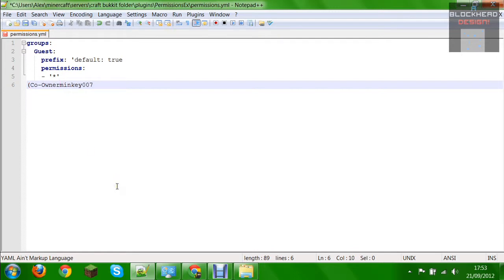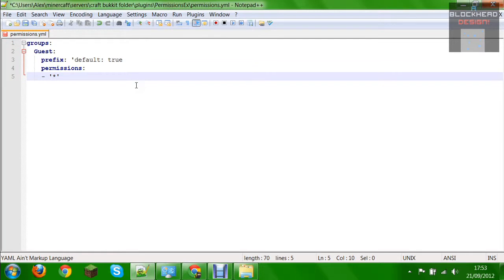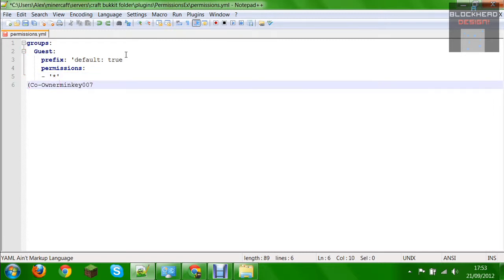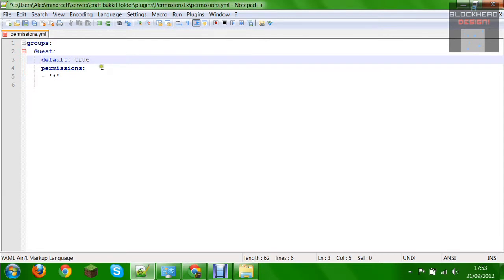That's pretty much what a prefix is and what it does. I don't know why default true is there. One second, I think I've done something strange. There we go. So what you want to do is prefix, dash,